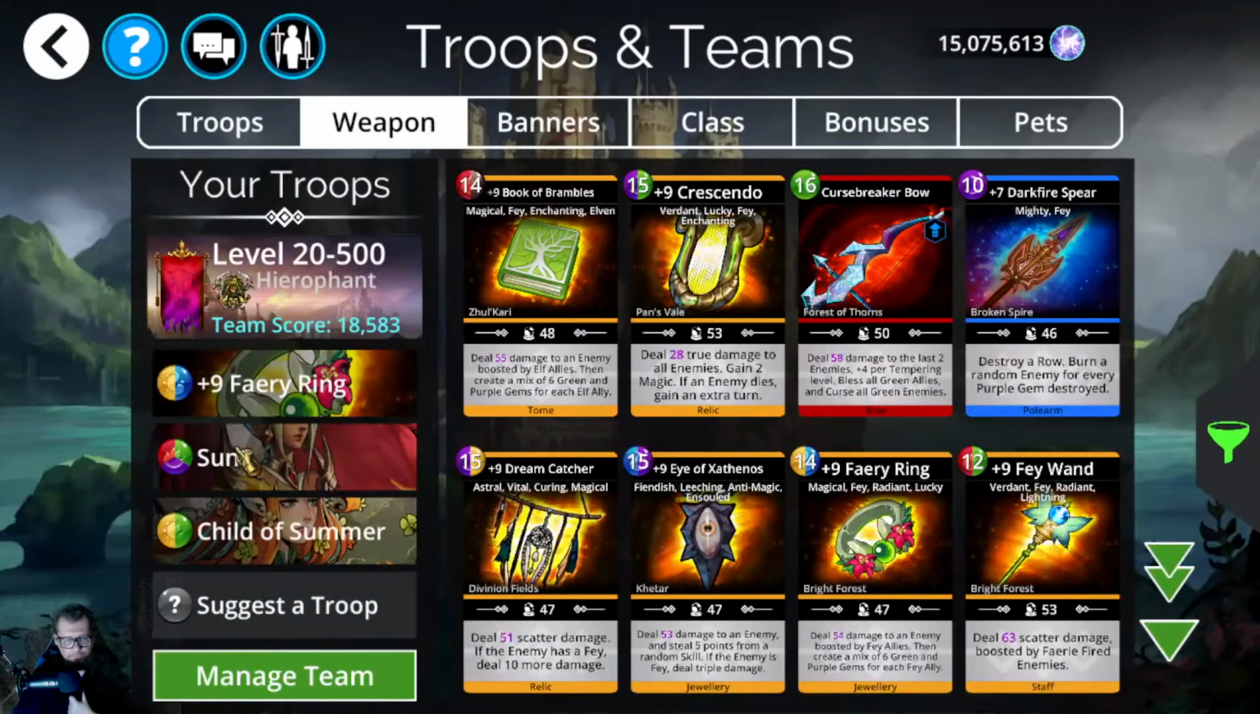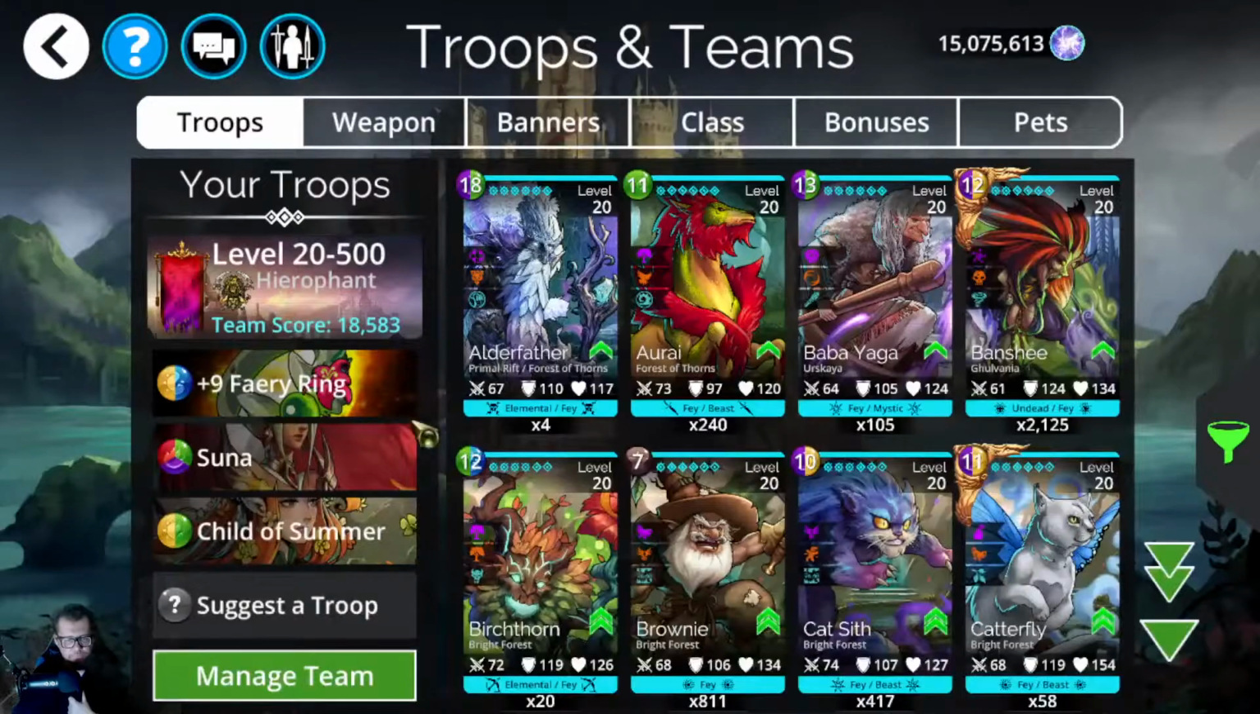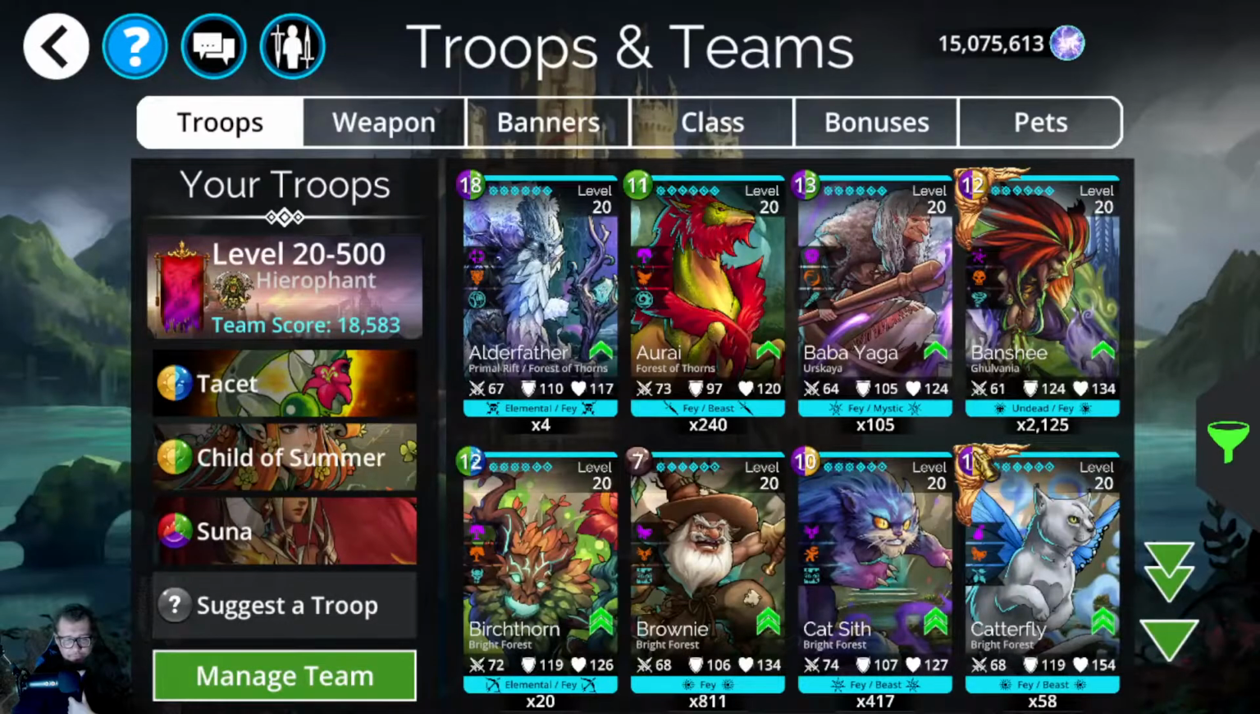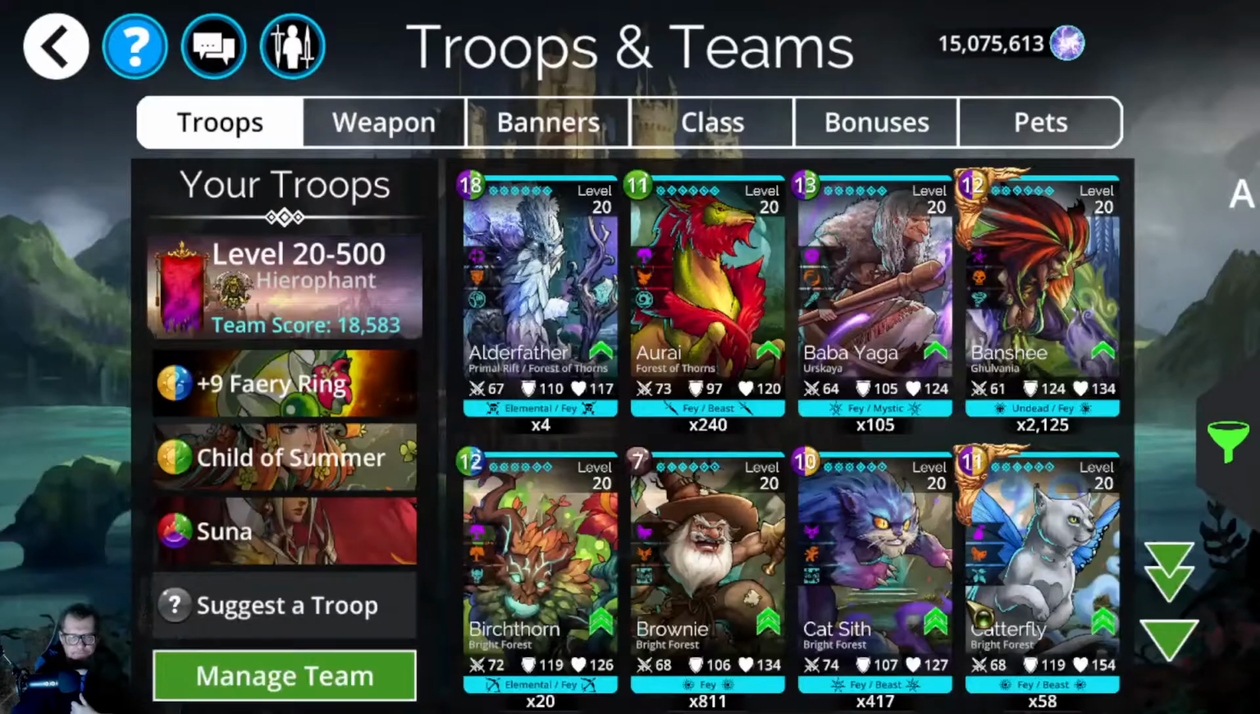Why do you have the word Fae in you? There we go. I am. So we'll get Fairy Ring in there. This creates green and purple, which means Suna is probably going to go further back. And then that means we need a Fae that has ideally red